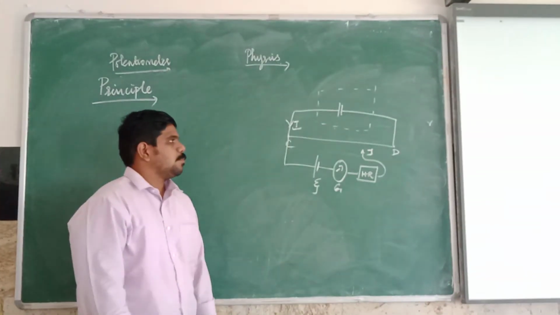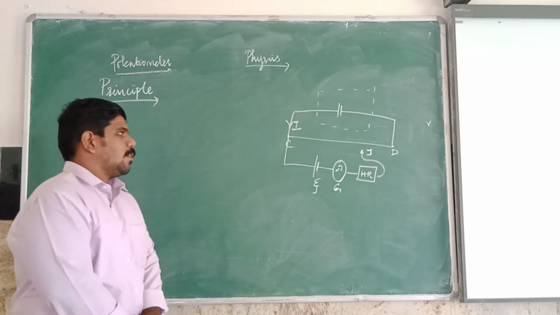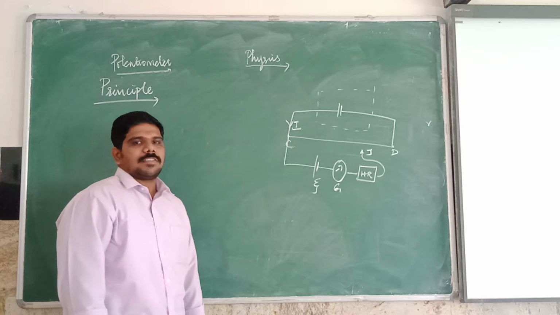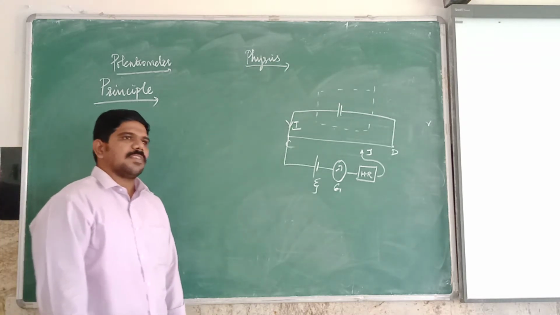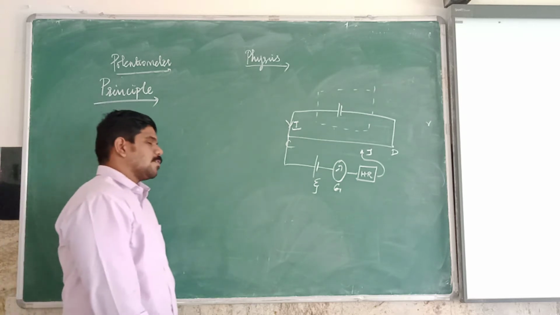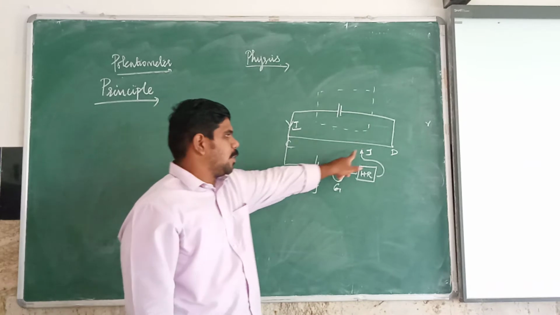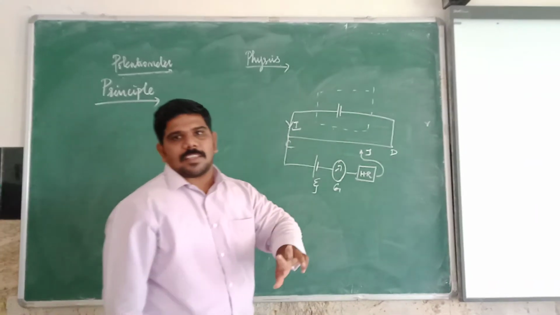So what are the construction parts? Let CD be the potentiometer. The positive of the battery will be connected to C and the negative of the battery will be connected to D, which supplies the steady current I. They form the primary circuit. Now the positive of the EMF cell will be connected to C. The negative of the EMF cell will be connected to the jockey through the galvanometer and high resistance, which forms the secondary circuit.